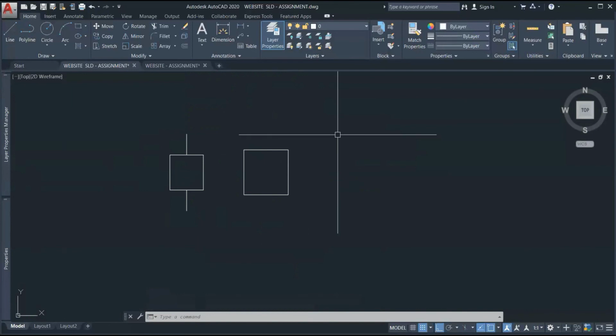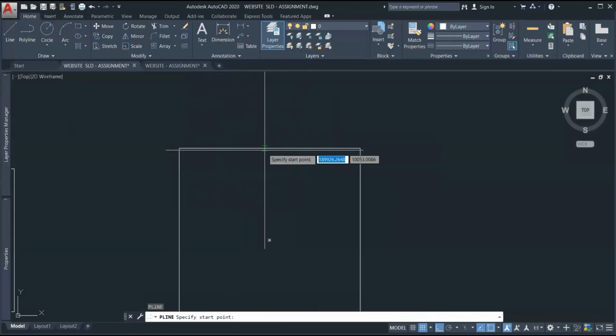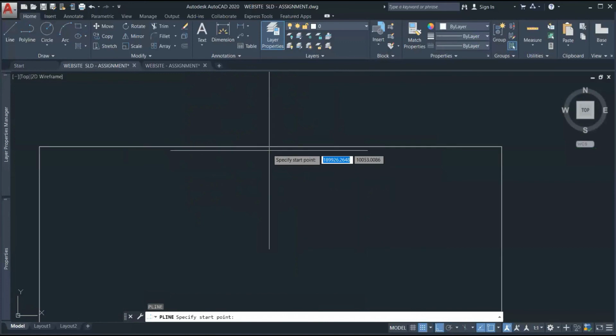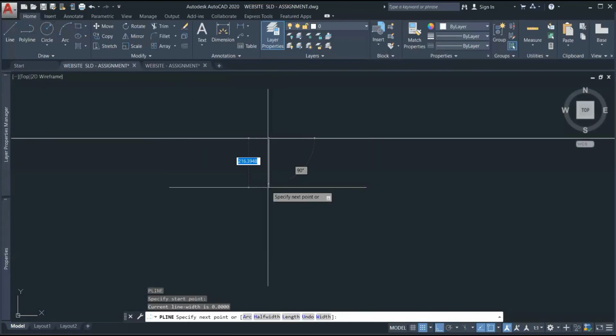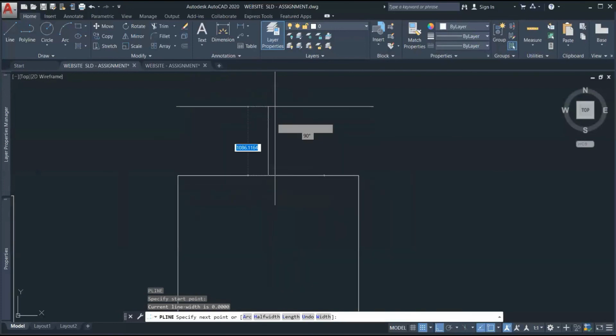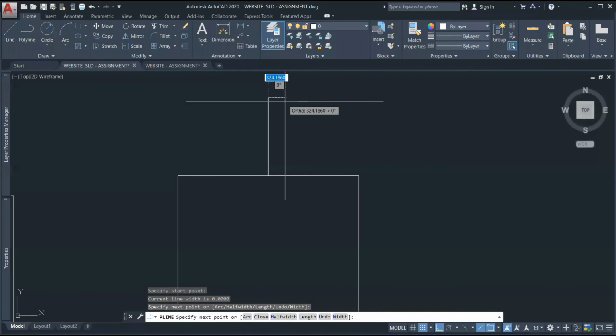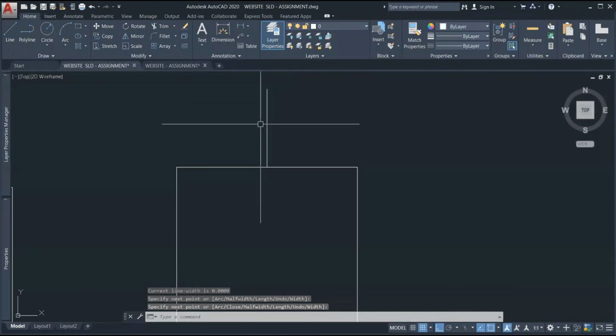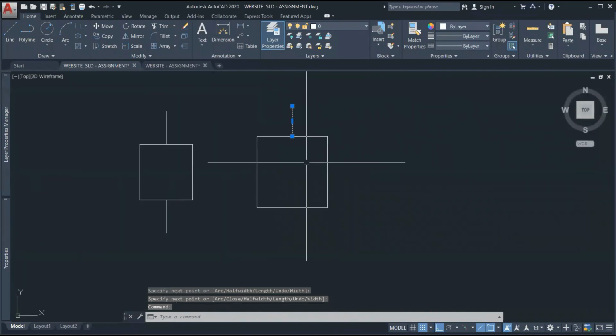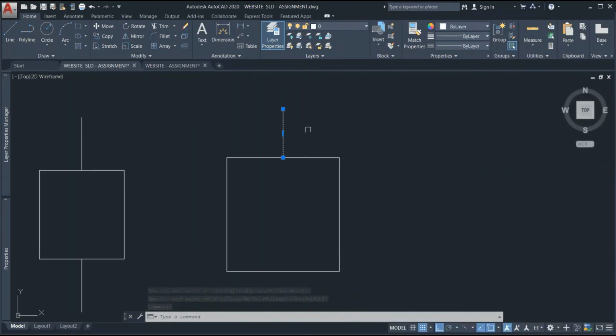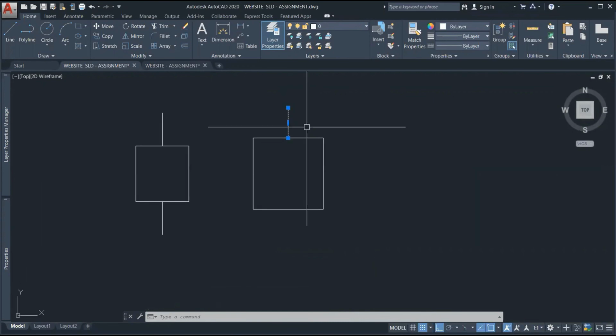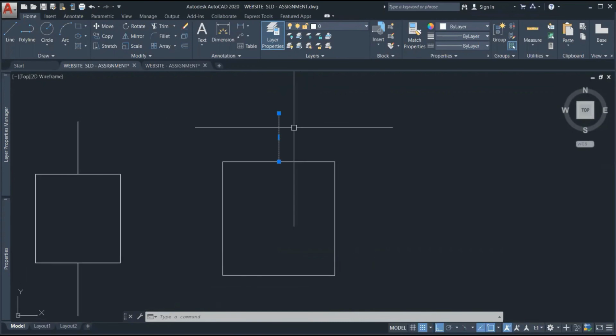So write PL, enter. Again, same method. The triangle is taking the middle point of this line. Click on that, zoom out a bit, and click in the upward direction. Press escape or enter to come out of the command. Again select the line. You can draw the line here also, but by using the copy command again and again, the command will be reused, so it will be easier.